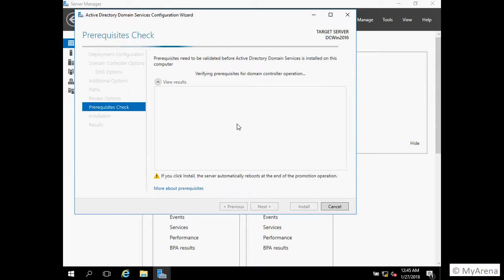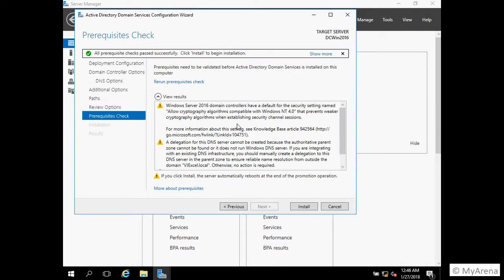Now in the previous screen we saw that we selected domain name services and global catalog. Just in case you want to know what a DNS is, DNS is a record of the IP address with the fully qualified domain name. So as you know, the network only understands the IP address, it does not understand the name. Let me just click on install here, and then